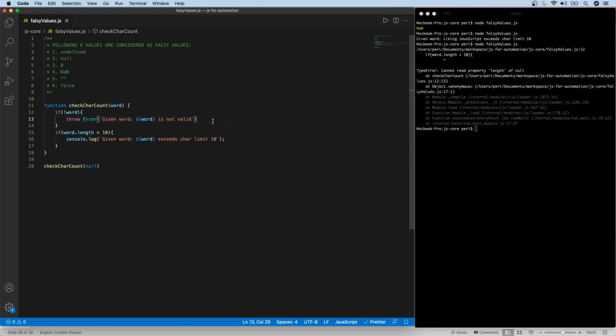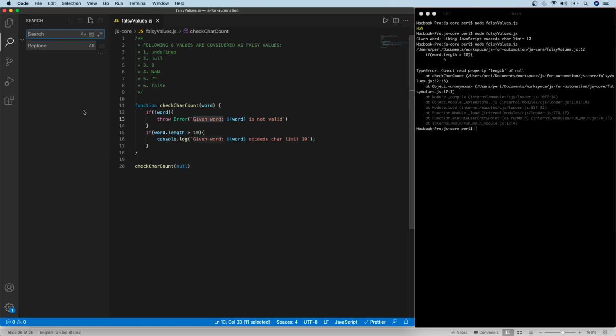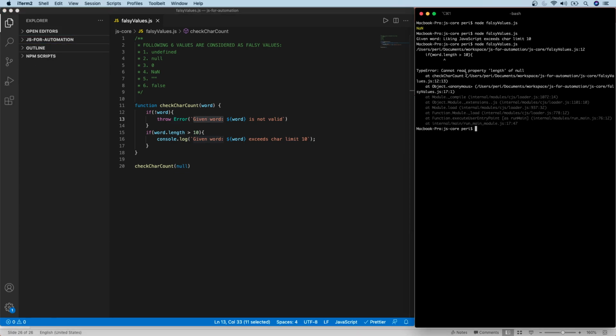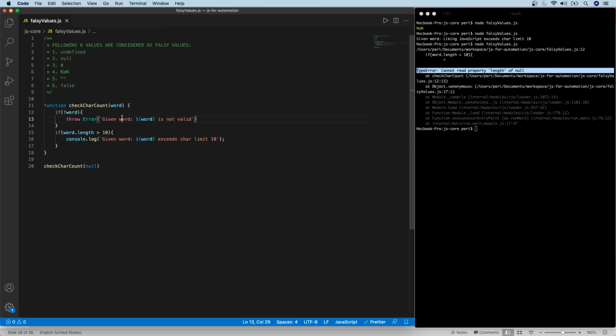Obviously this will be easy for us to locate and fix, because we know where these errors are coming from just by searching the error, and you should be able to find where you introduced this block instead of a random generic one, because a generic one you will not be able to locate. But this is something you are writing, so it's easy to locate when this error occurs, and it gives a more meaningful message saying the given argument must be valid. The way you can read it: if the given word is invalid, meaning if it is any of these values, then throw error.